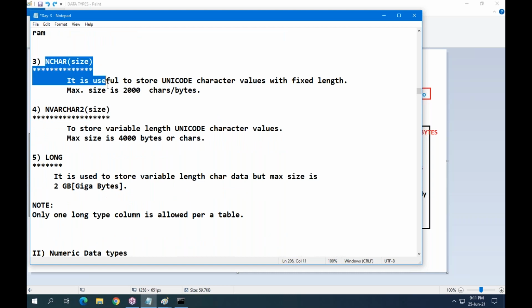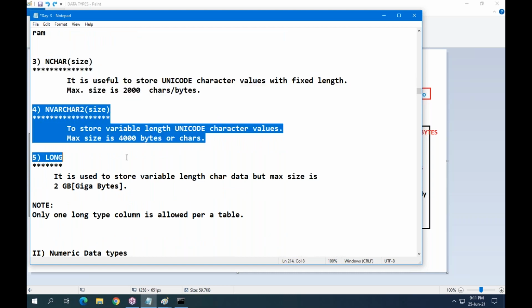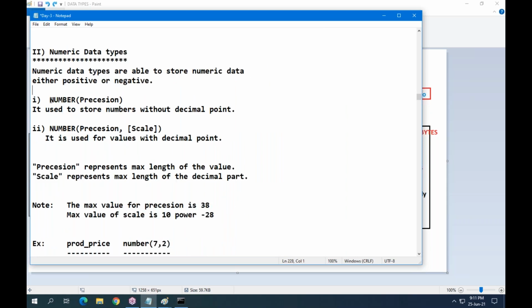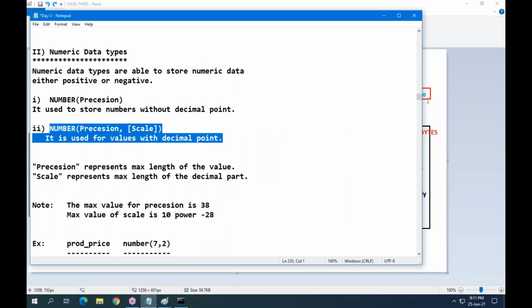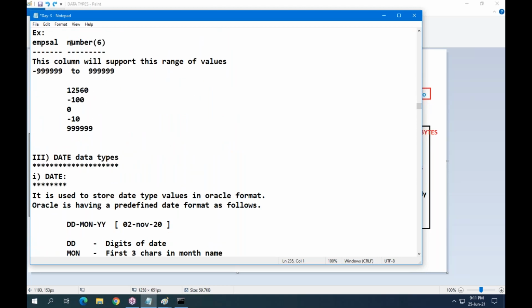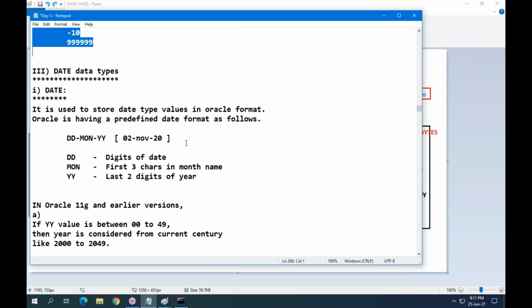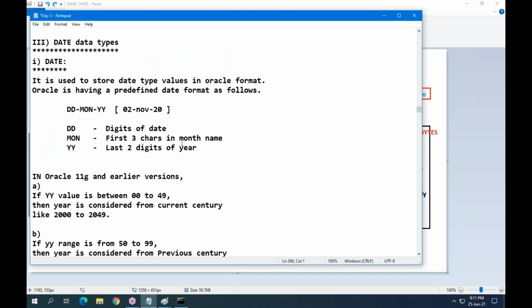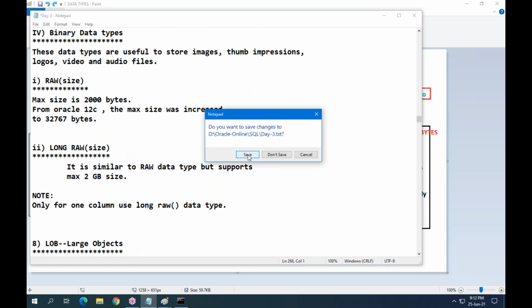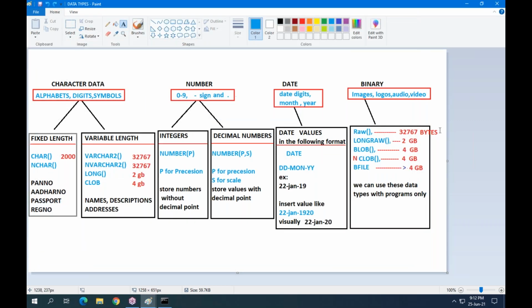What is nchar, nvarchar2, longer description. Every data type description I have given here, along with examples also. Understand? Okay, that's all for today. This is the end of the data types.